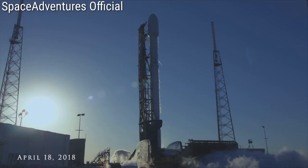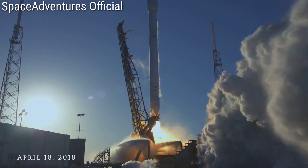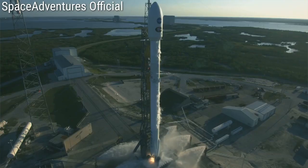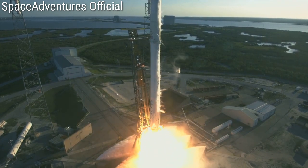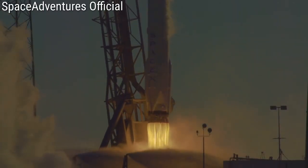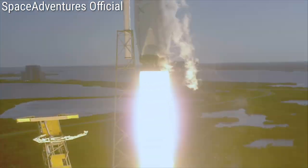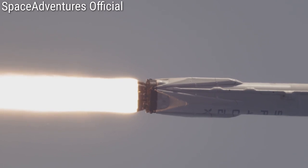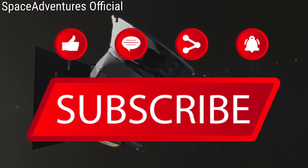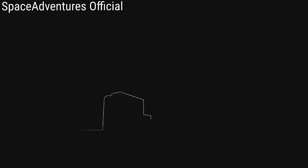Falcon 9 is in startup. Falcon 9 is configured for flight. 3, 2, 1, 0. Liftoff. The SpaceX Falcon 9 carrying TESS. T-3. Engine start. 2, 1,